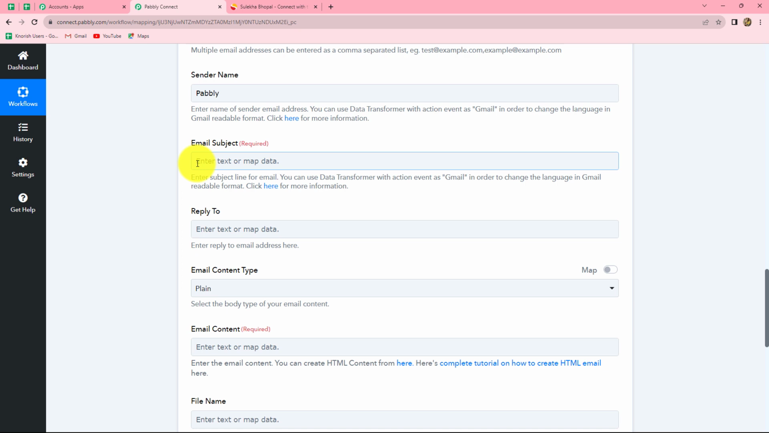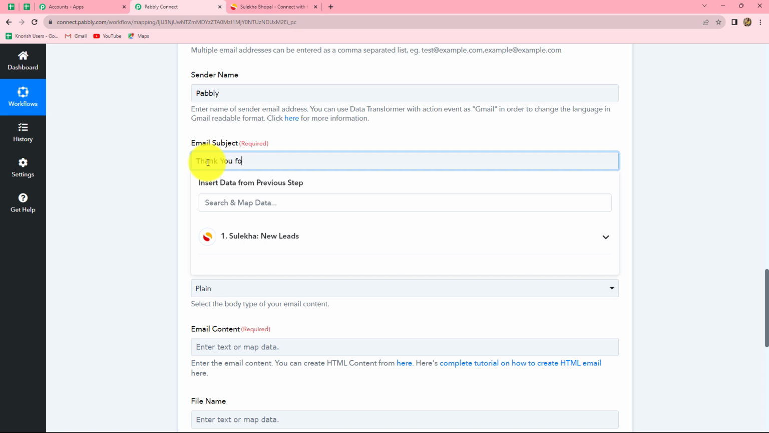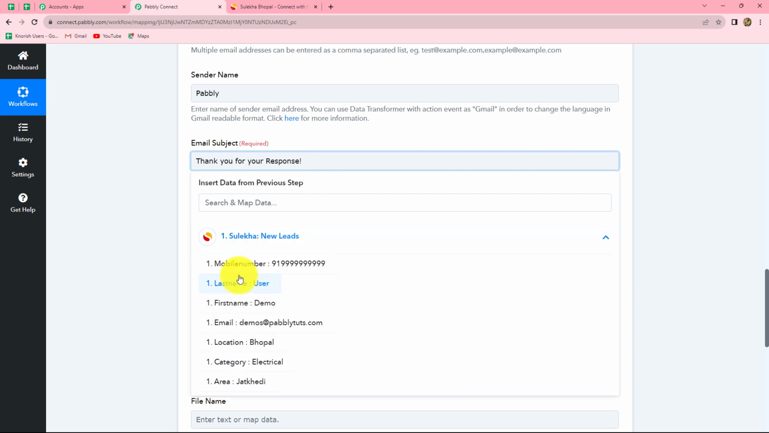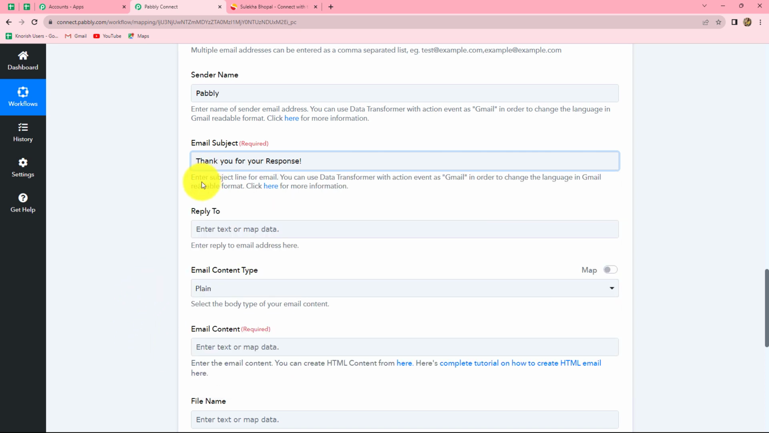Now the next field is the email subject. So we have to enter the subject which we want to send with the email. So here I am writing, thank you for your response. And here, because I have typed this subject manually, it has become static now and it is not going to change with every new response. But if instead we map the subject from our previous response, then it will change according to the new response. Okay, so here, because I want the subject to remain the same for each and every email,